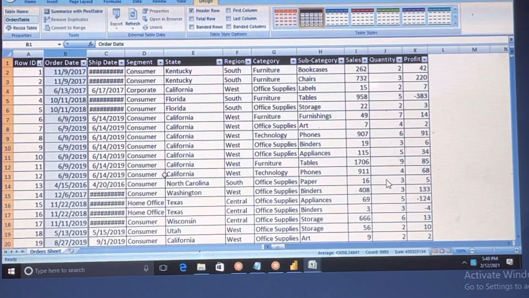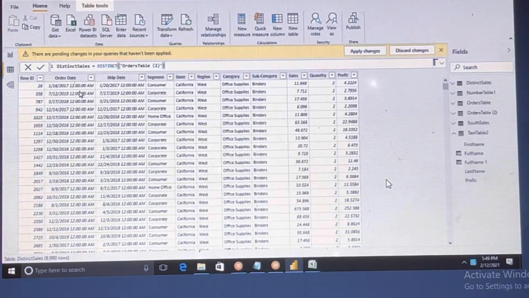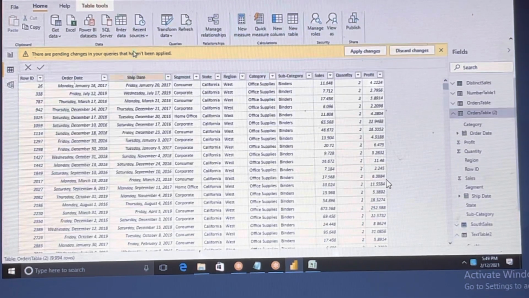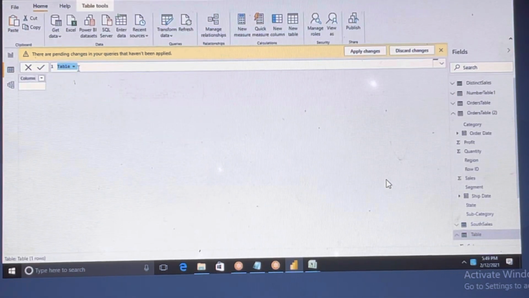Let me do one thing, so then practically you can understand it. Click on that Table 2, and now you can click on the new table. Let me use a proper name, Dynamic Calendar table.